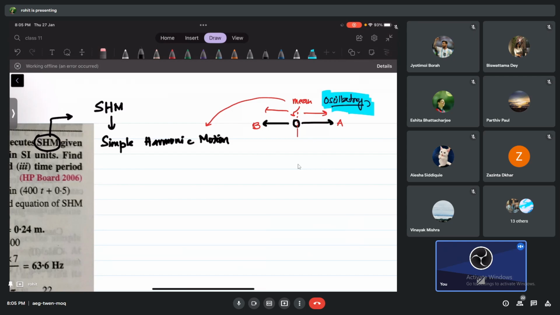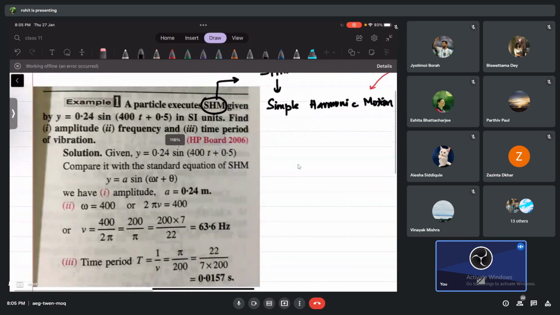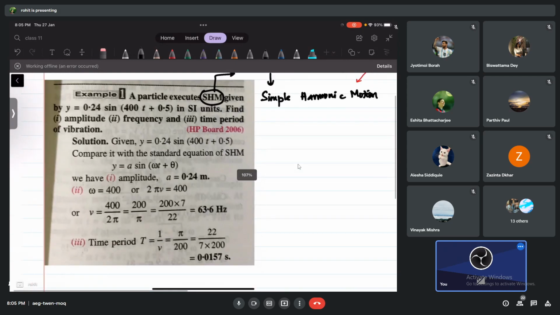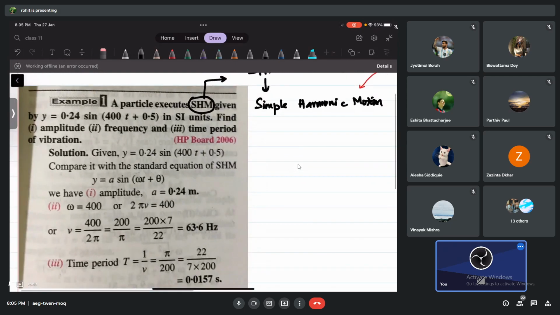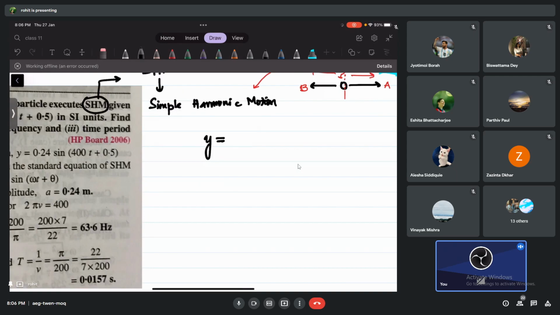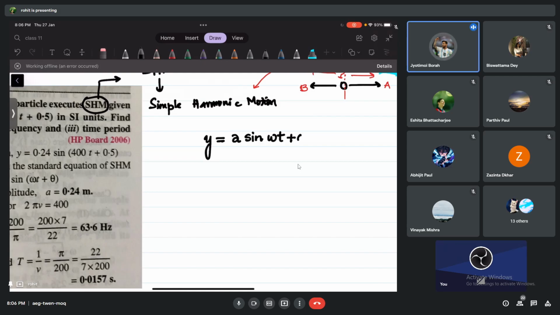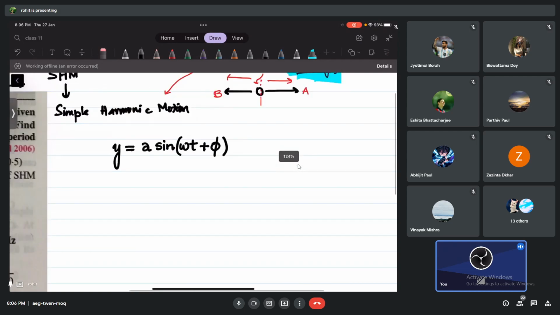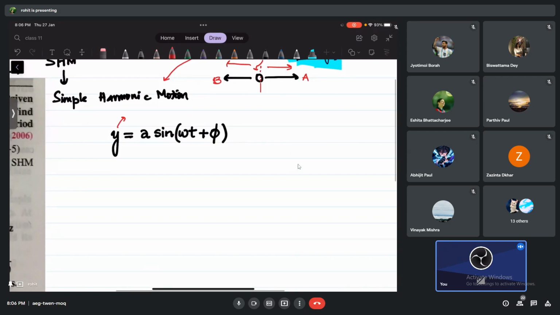But basically I want to say right now, whatever we have done yesterday, we are going to use today. The equation is very simple. Let me write yesterday's equation. If you remember, how do you write displacement or position-time relation, at what time what is the position? We have an amplitude in front, then a sine function, then omega t, and I told you we may also have plus some angle phi. It may be present, it may be 0 also. Let me remind you, y represents position at any time,